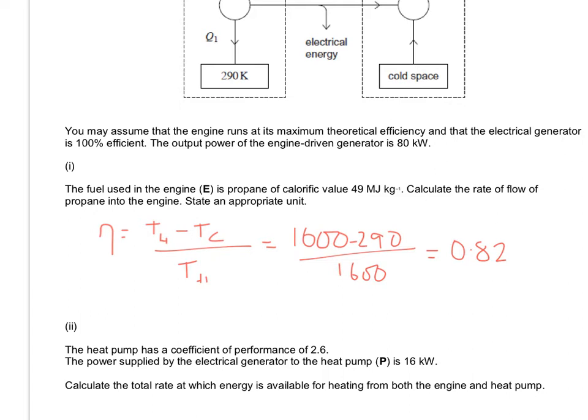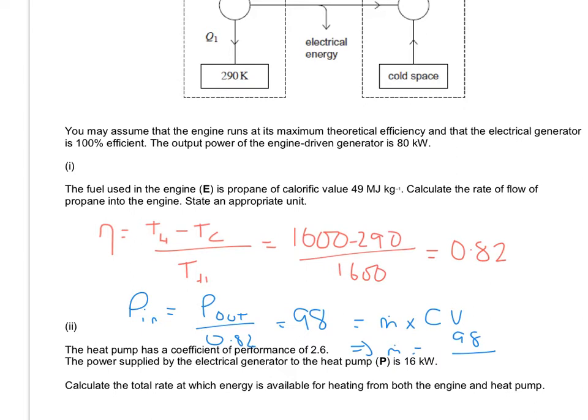So your power in is going to be power out divided by 0.82, which is around about 98. I'm not rounding in the calculations, but that's going to be equal to the mass flow rate times the calorific value. So that means your mass flow rate is going to be your 98 divided by the calorific value,